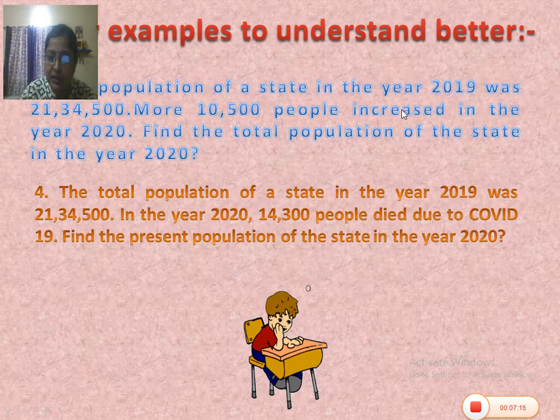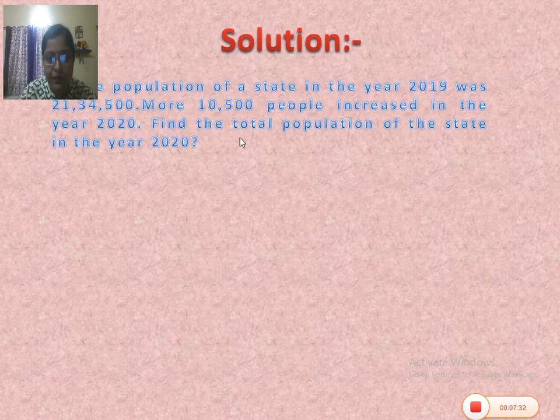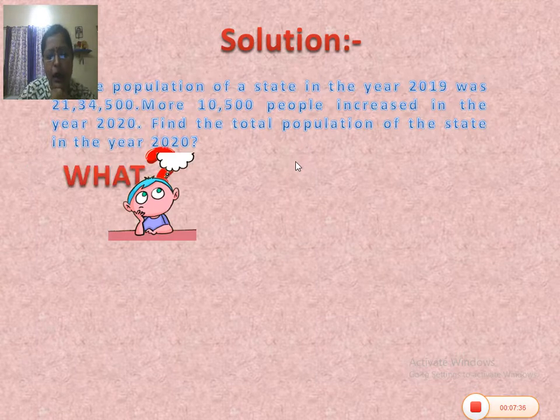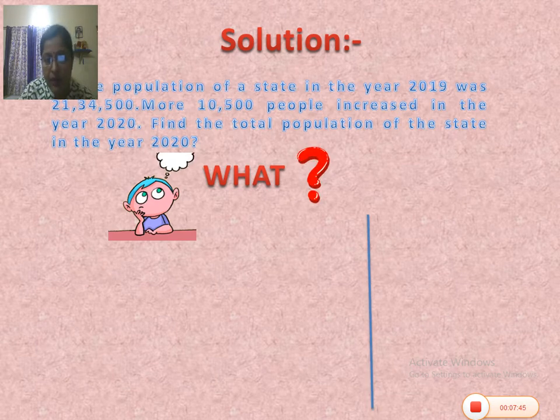But there is still one difference. In the first one, we have the number increasing, whereas in the second one, we have the number decreasing. Alright, so let's start solving it quickly. So as per our first question, we know what we have to do. So we have to now start thinking how to solve it. And to start solving it, we need to frame our statements as well. So let's begin with our presentation of the working column.